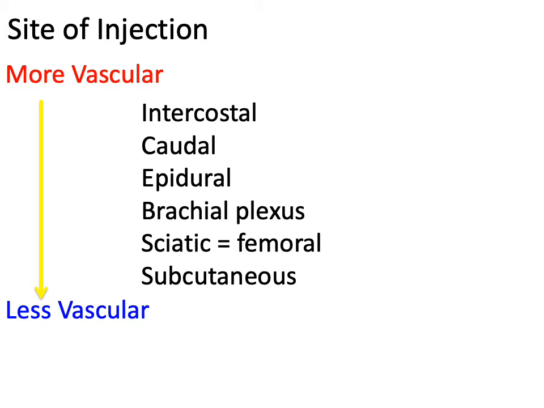However, we do notice that seizure is up to 5 times more likely after a peripheral nerve block than after an epidural block. So we can't blame everything on the vascularity. And this may have to do with the total dose of local anesthetic that's used for a peripheral nerve block being significantly higher than that used in an epidural sometimes. So let's talk about safe dosing.